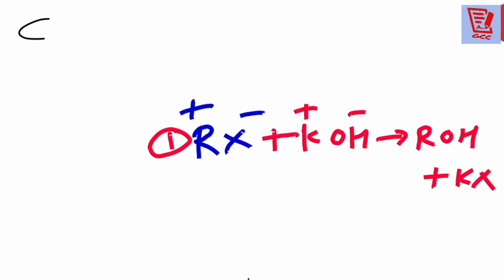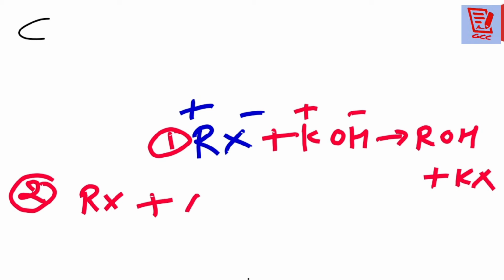Same way, you all see this is RX, again I am writing, and we can replace this halogen with OR negative. Here I am writing Na positive, OR negative. This is called an alkoxide ion. OR negative is known as an alkoxide ion. Now what is going to happen over there?